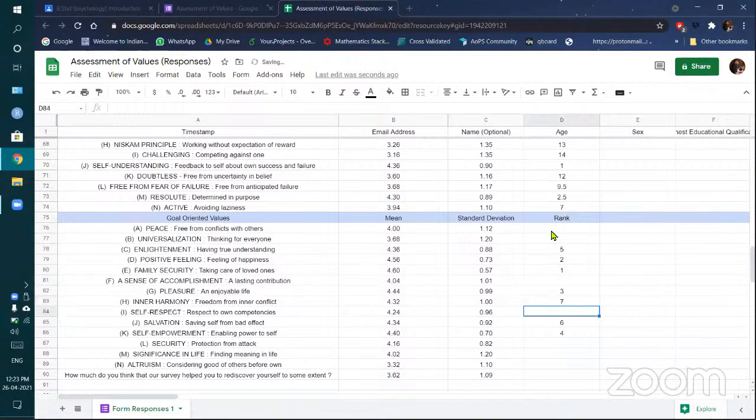Yes. 4.32. Then 4 point what? Is it 4.16? Right? Then, yeah, yes. 4.04, then 4, right? Then 4.02, then 4, the first one, 76. Then